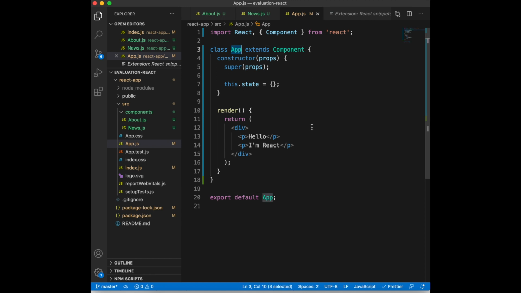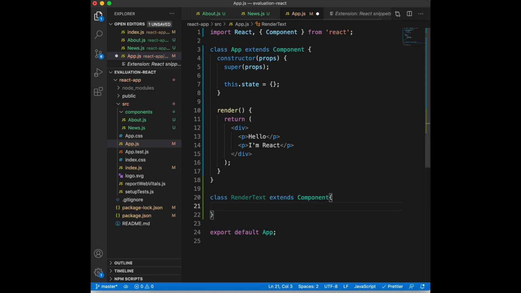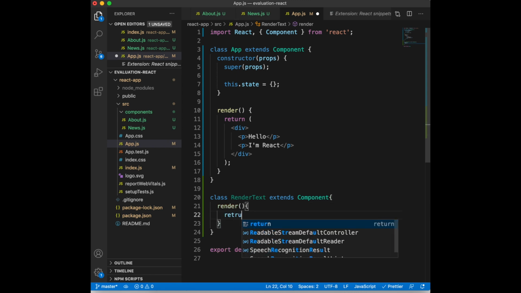In the same file I can create another class, let's say RenderText, which extends Component, and inside this component I can have a render function which returns